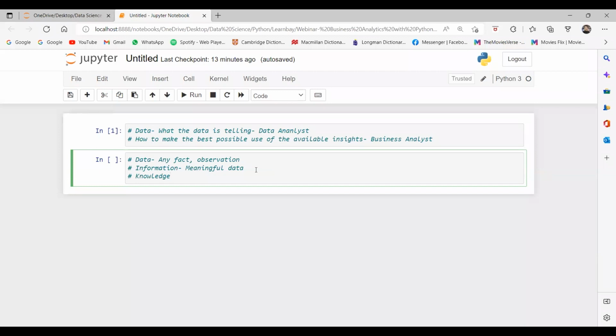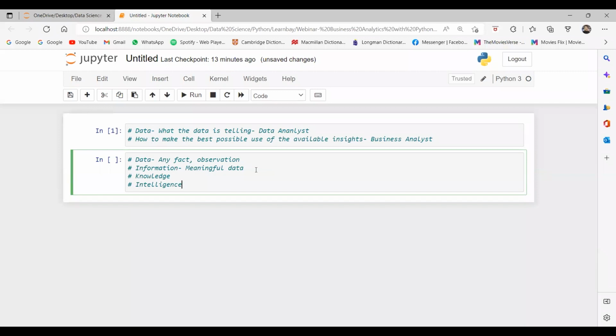Now you have data, you have got information, now you have got knowledge as well. Then once you have got the knowledge, how can we utilize or process that? So now we have got knowledge. Then how to use that? So we can say it brings intelligence. Yes or no? What is intelligence? Intelligence is, whatever available resources you have, how to make the most of them. That is intelligence. So this is a process actually.